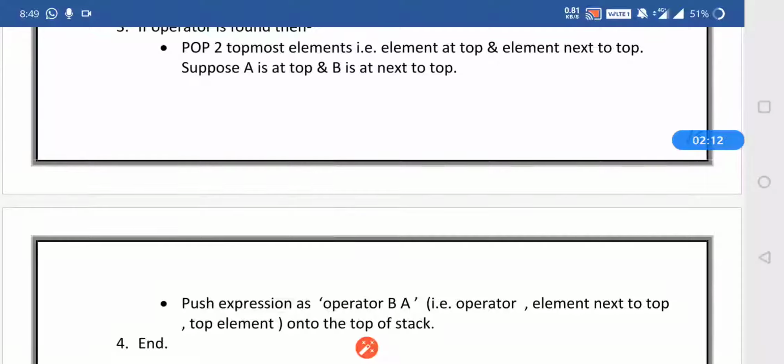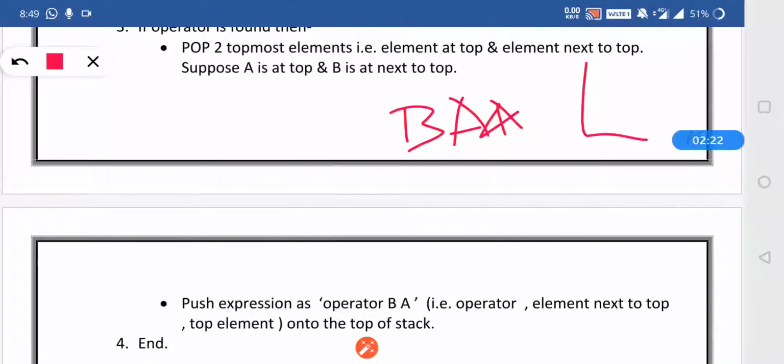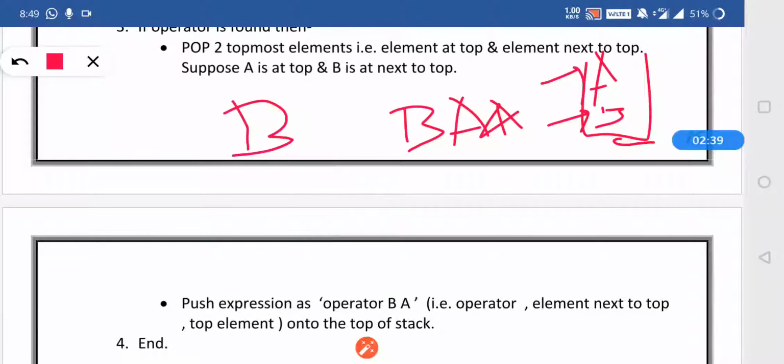And then we are pushing the expression in such a way that it will become B, A and the operator. Suppose we are having A, B, star. Now A is at top and B is the next element. As the operator is encountered, we are removing these operands from the stack.